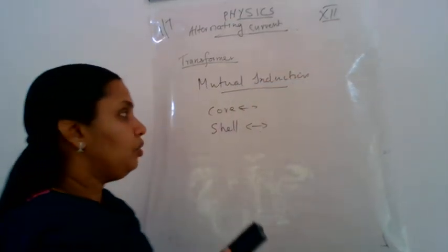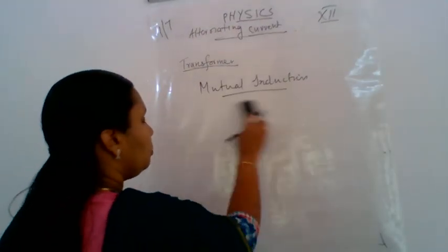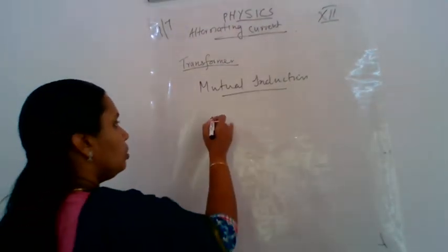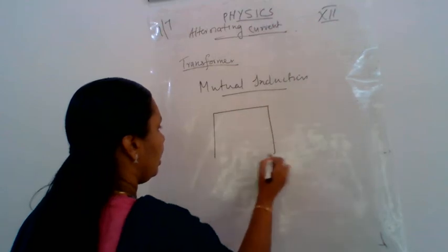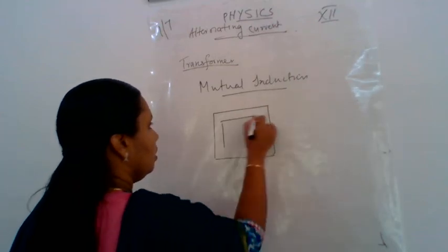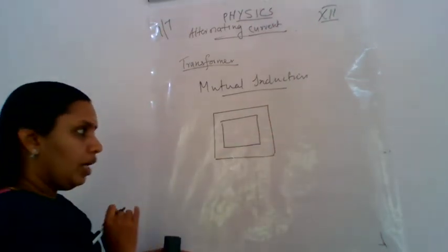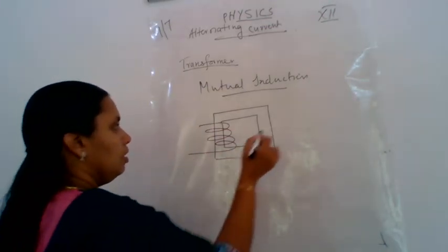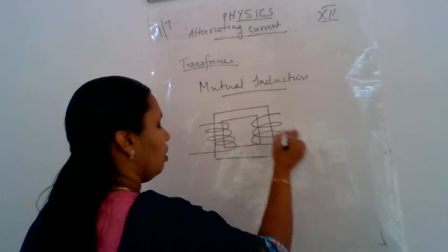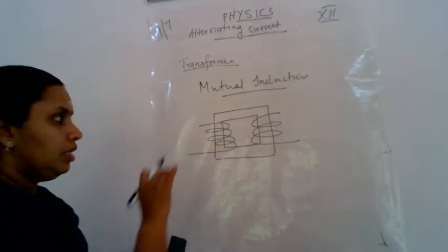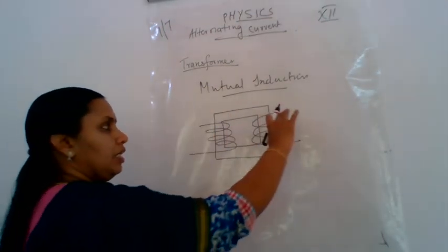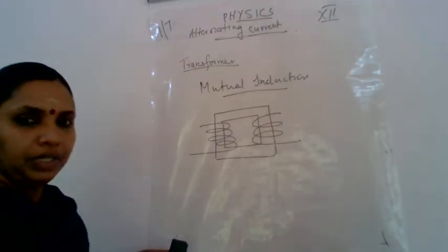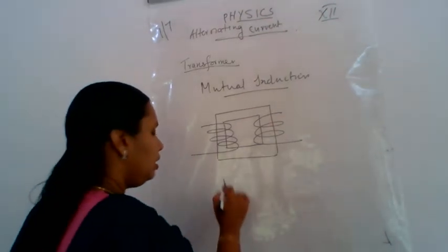We know there are two coils in the transformer, isn't it? So in core type, the two coils are wound like this. Here, on both sides, a lot of coils will be there. The first coil will be wound here and the second coil will be wound here. And in shell type,